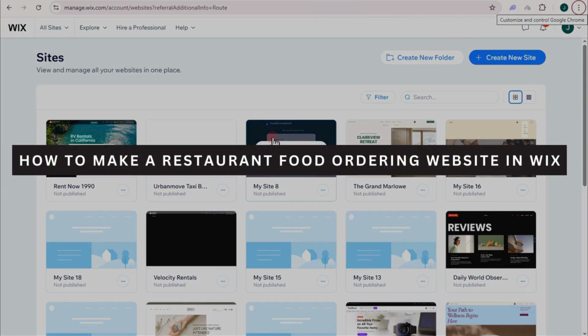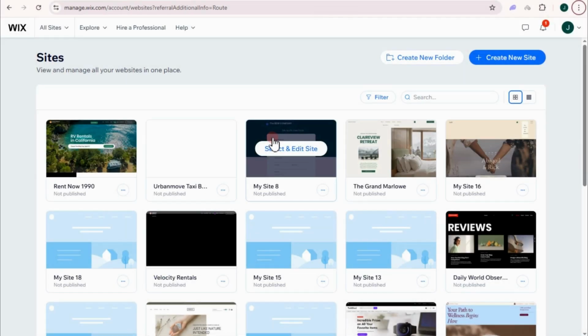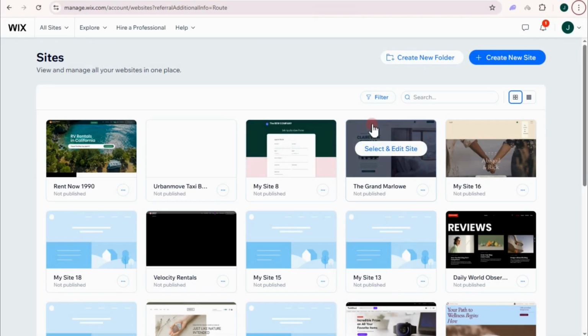How to make a restaurant food ordering website. So let's get started. First, what you're going to do is go to Wix.com, and this is